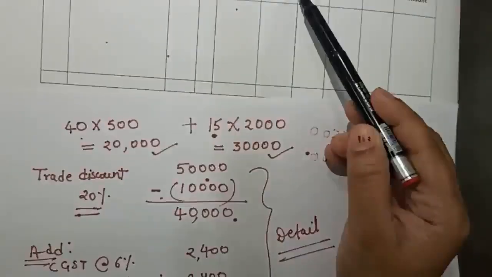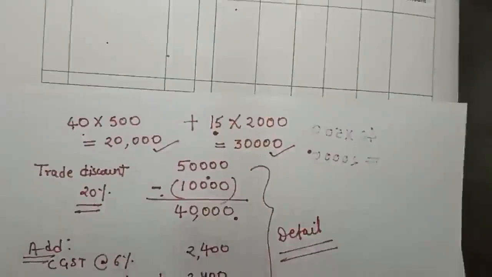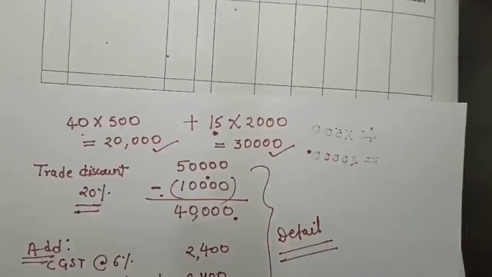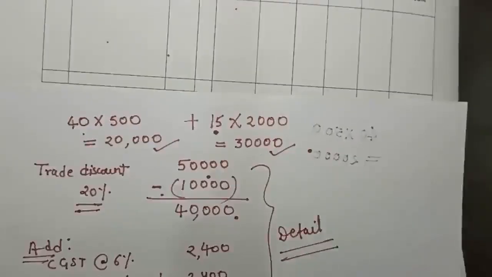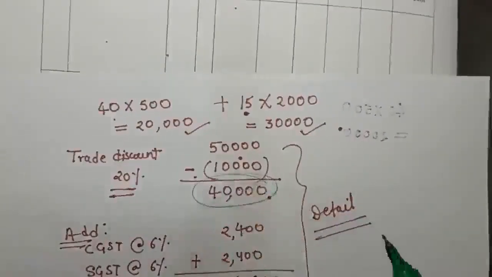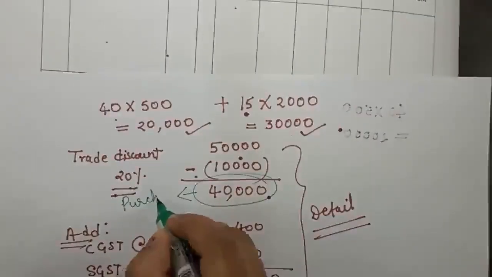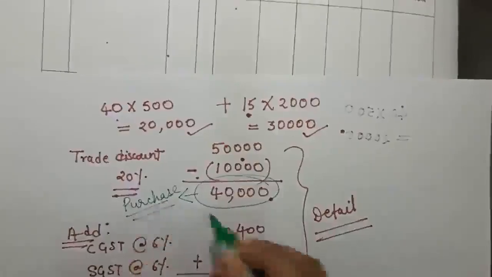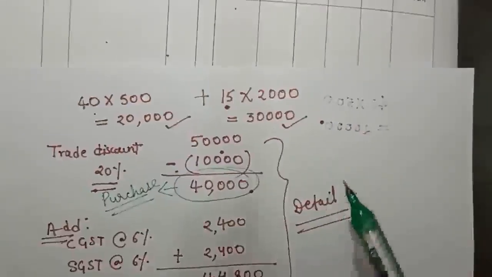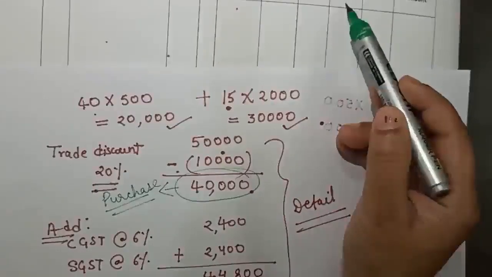तो परचेज अमाउंट में कितना अमाउंट लिखेंगे? परचेज कॉलम में द अमाउंट विच इज़ बीइंग गिवन आफ्टर द डिडक्शन ऑफ ट्रेड डिस्काउंट. ट्रेड डिस्काउंट के बाद हमारे पास जो अमाउंट है वो हम परचेज कॉलम में मेंशन करेंगे. It will be mentioned in which column? That is the purchase column.